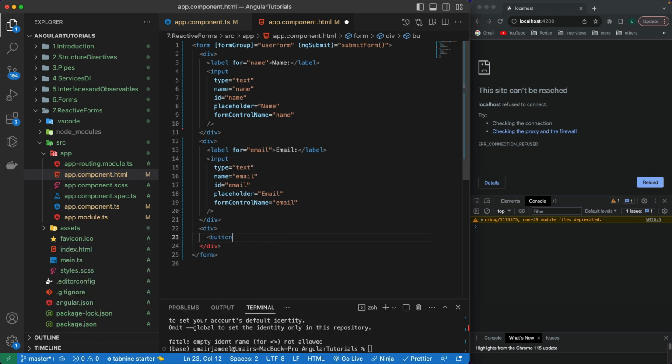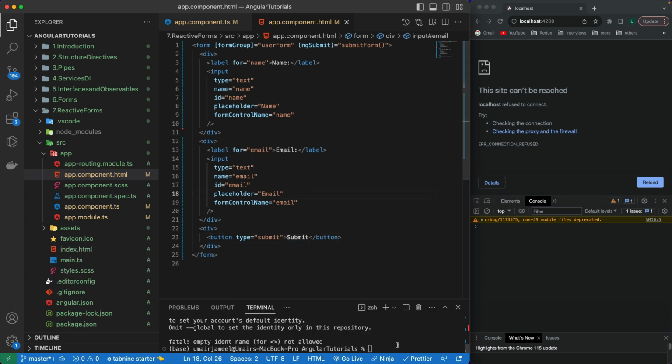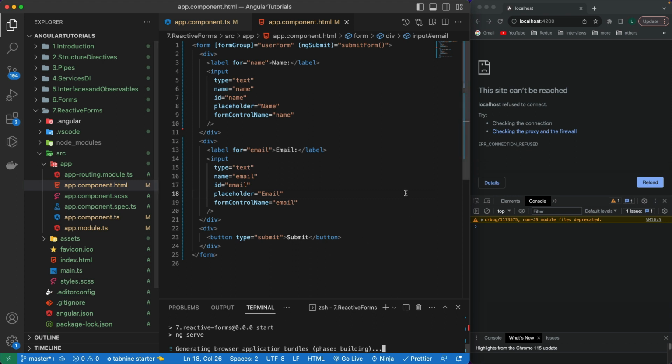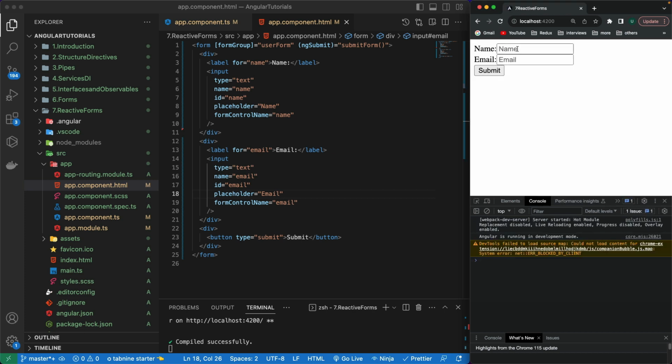is going to be responsible for submitting it. So I'm going to give it the type of submit, and then I can actually add the validations to it like the submit. But for now, let's try to run this, and I'm going to go inside this. So I'm going to write npm run start, and it's going to compile my project and show it in my browser. So once it gets compiled completely, I'm going to refresh it,